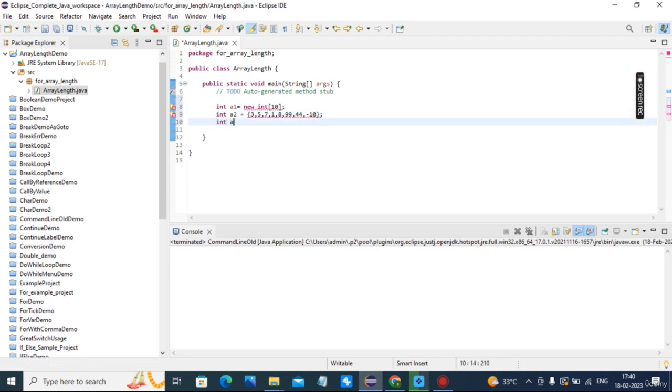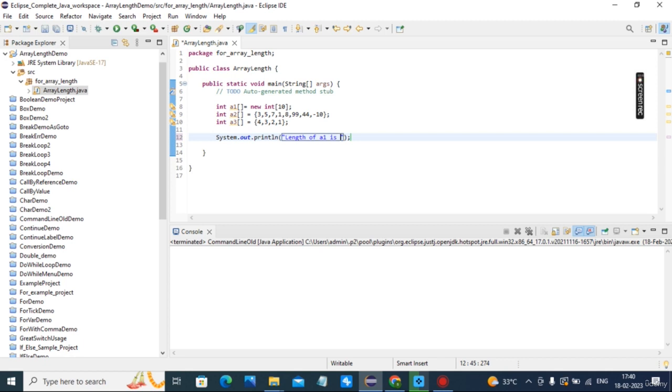And int a3 is equal to 4, 3, 2, 1. Like this, a2's length and a3's length.